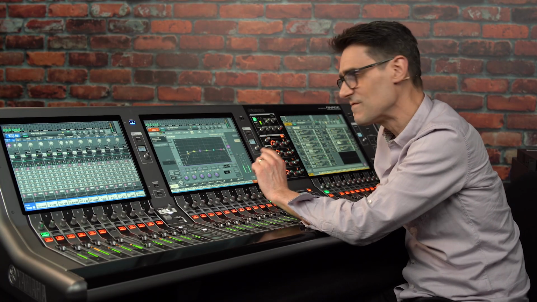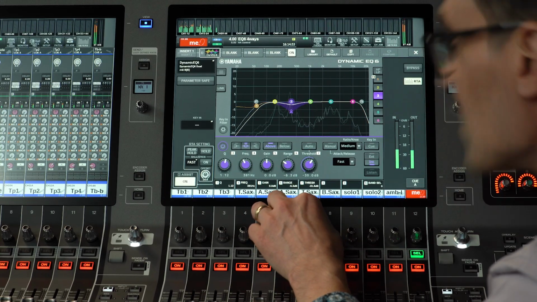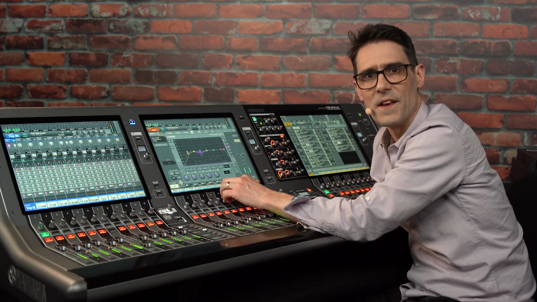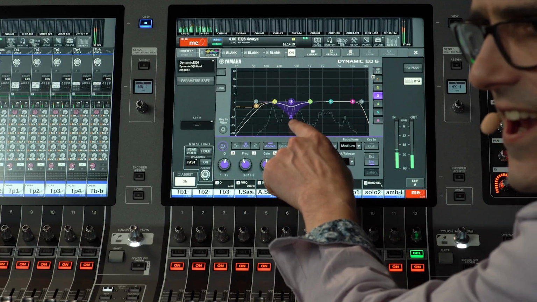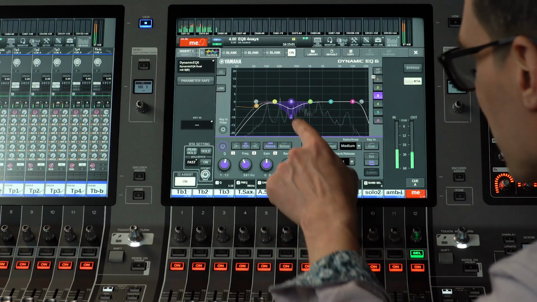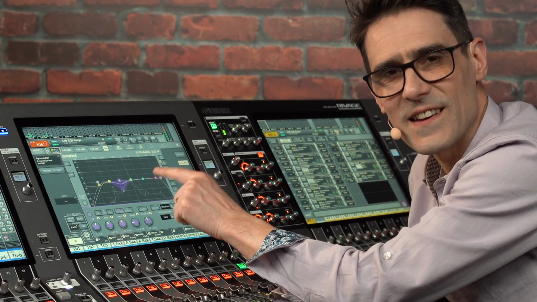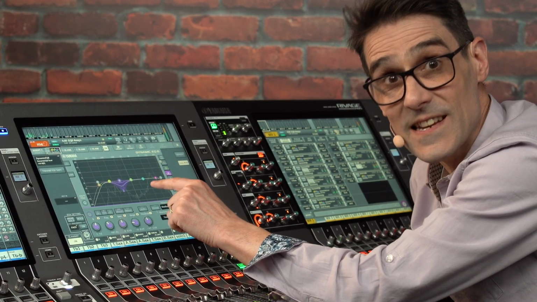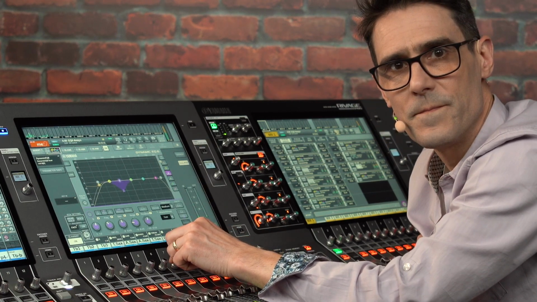By adjusting the range and threshold parameters, the EQ starts to become dynamic. As you adjust the range a shaded area appears with the band's color coding. This represents the target EQ curve as the level of the signal deviates from the threshold.